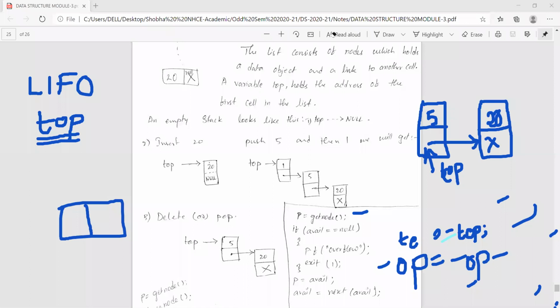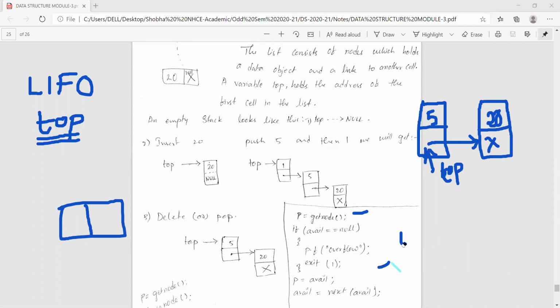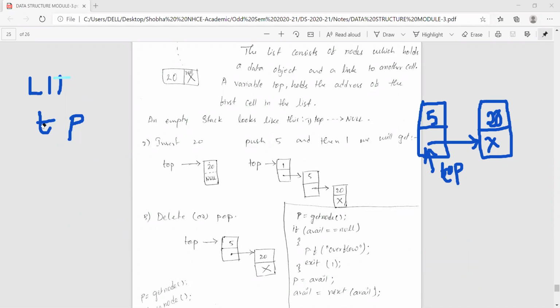So what kind of deletion are we doing here according to the linked list? Deletion at the beginning, end, or at a specific point? Beginning only, ma'am. So for stack implementation using linked list, we have to do insertion at the beginning and also deletion at the beginning.